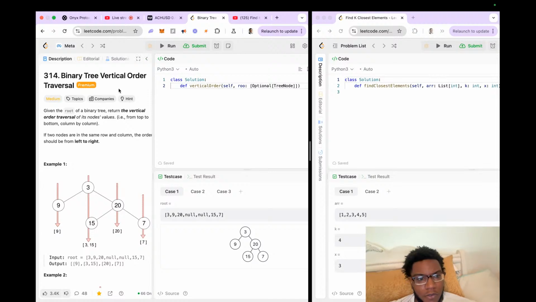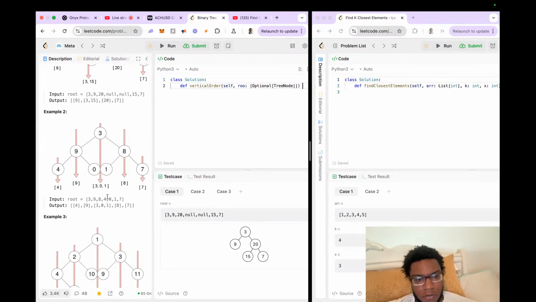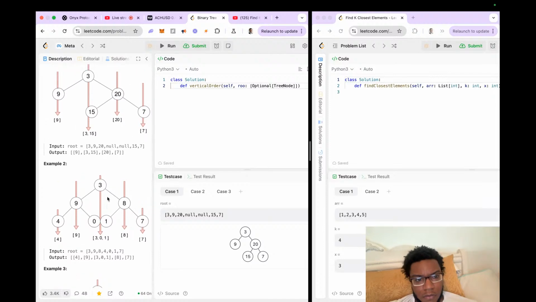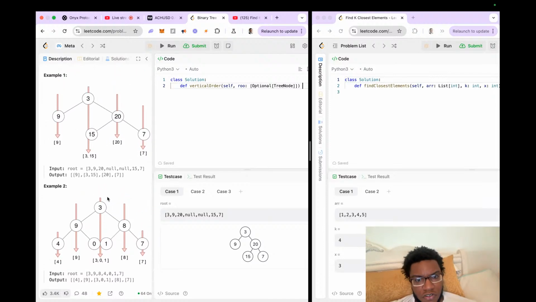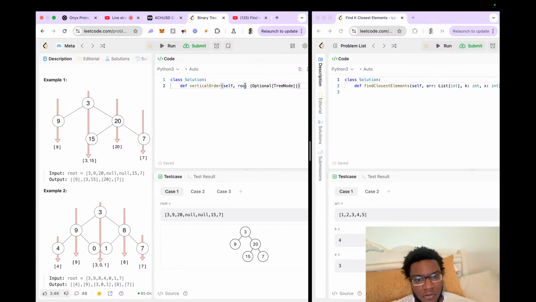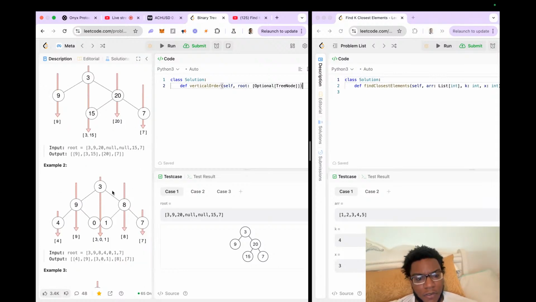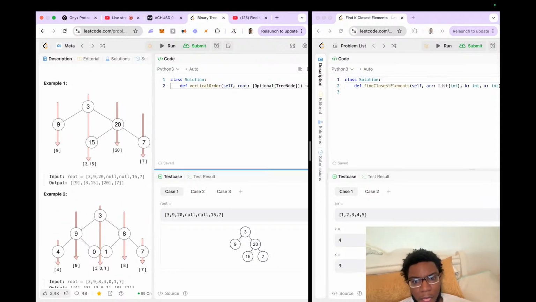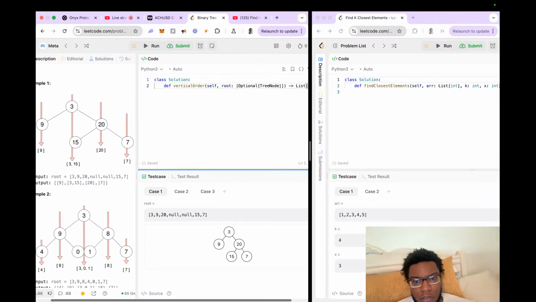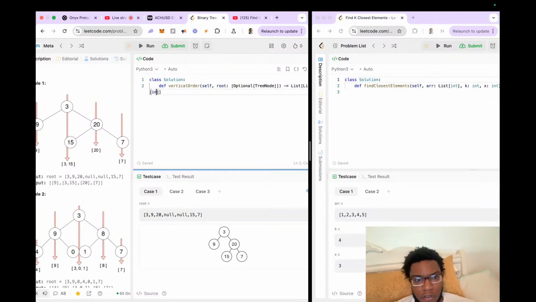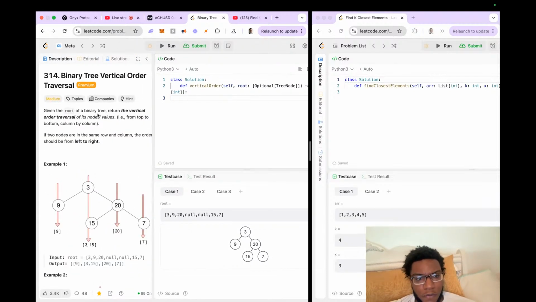And then you're going to return the vertical order traversal of its node values, so we want to return a list of a list of integers. And so it says, given the root of a binary tree, return the vertical order traversal of its